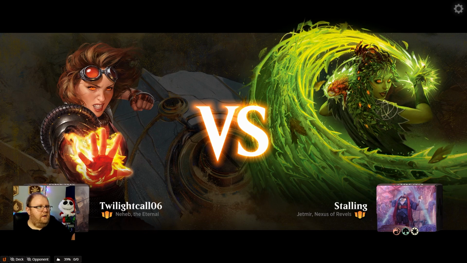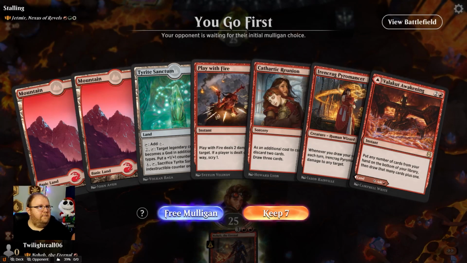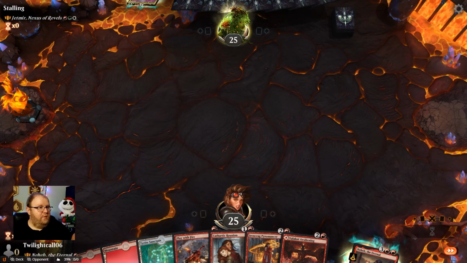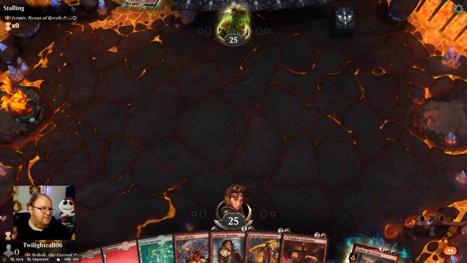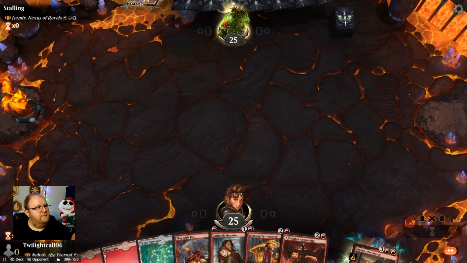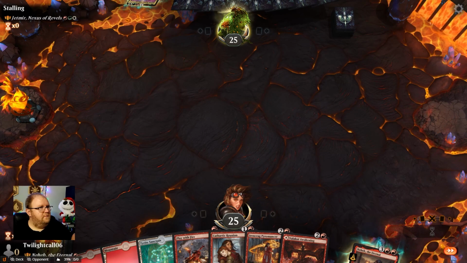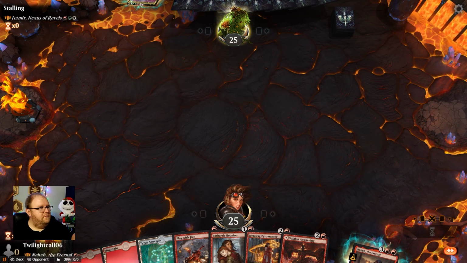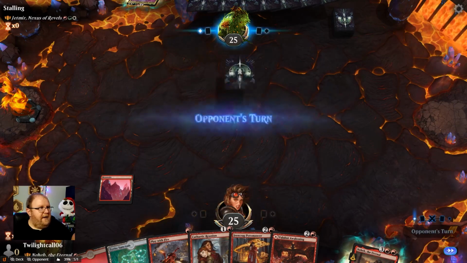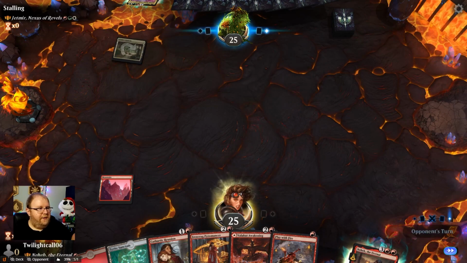Jetmir. Okay. As long as we have a board sweep available, we're set up pretty decently against this deck. I'm going to keep it because it has draw, so we can try to draw into the board sweeps. And I'll keep this handy. If I see a mana dork, though, it's going to be bolt the bird time. Or in this case, shock it. But